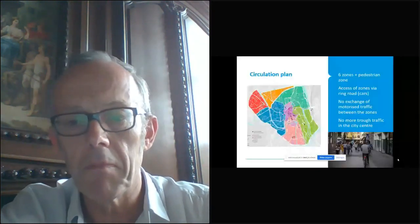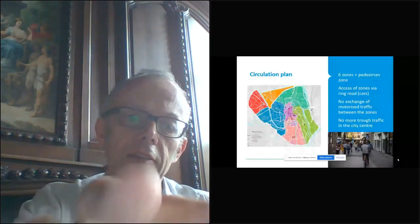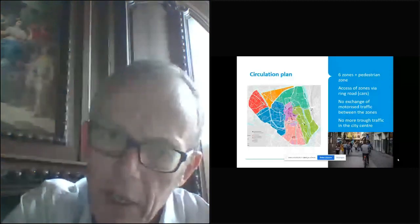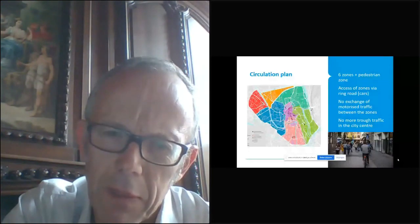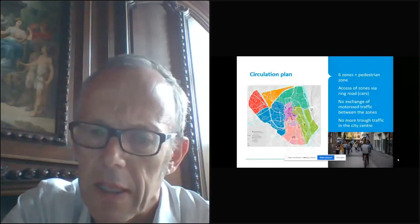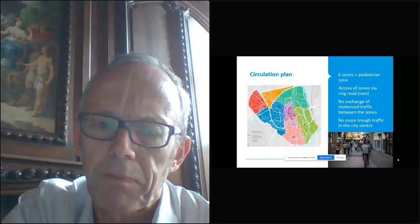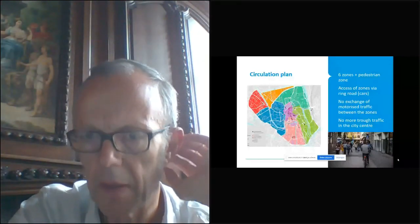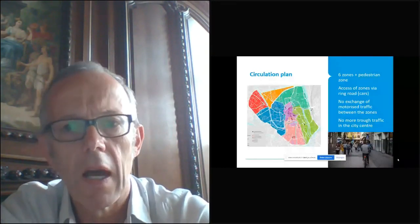This is maybe more understandable. What you see here is the center of Ghent. The center of Ghent is an area where about 120,000, 130,000 people live. Ghent is a city of 260,000 inhabitants, but in the center about 130,000 people. What we have in the middle is a car-free zone. And then around the car-free zone we have 6 zones, and